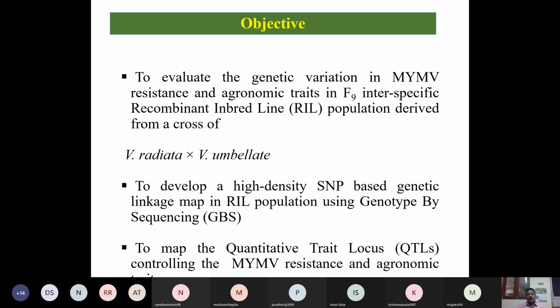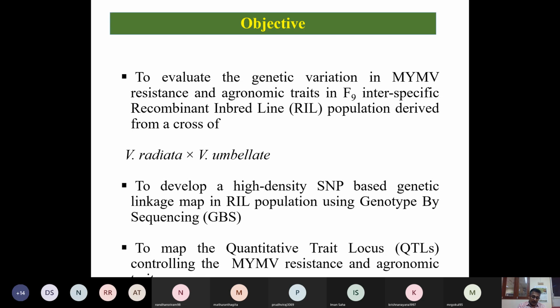The other thing, I explained, is the required phenotypic variance. In order to map any QTLs, nowadays the most preferred population is the recombinant inbred line population, which we already elaborately discussed. It takes time to develop, but when you get to the F7 or F8 generation, it gets stabilized. Then there is no more segregation. In that case, you can multiply seeds and distribute to different locations for evaluation. Phenotyping in different locations is possible once you have this kind of RIL population. That is one thing.